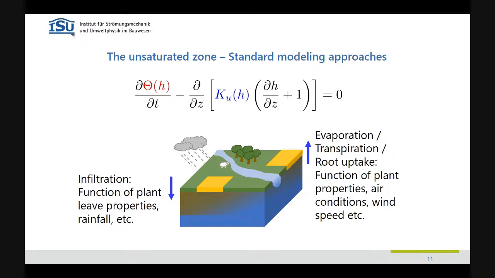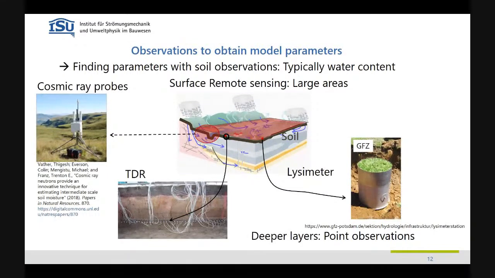It's pointless to go into the field and take a sample and measure in the lab because you go 10 meters to the side and it will be completely different. It's not necessarily representative for the large length scale. And so we need other types of observations. And here in the soil, this is really challenging because of the typical observations that we have. Our primary variables are pressure heads. It would be nice to measure pressure. However, this is not done.